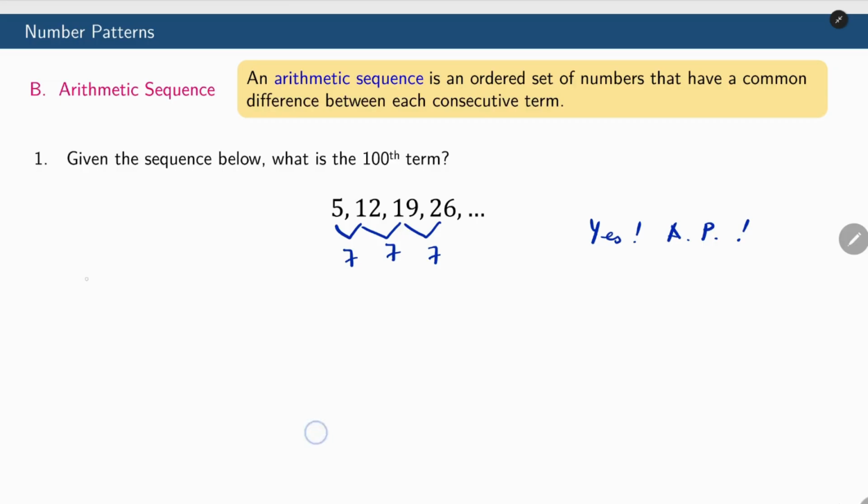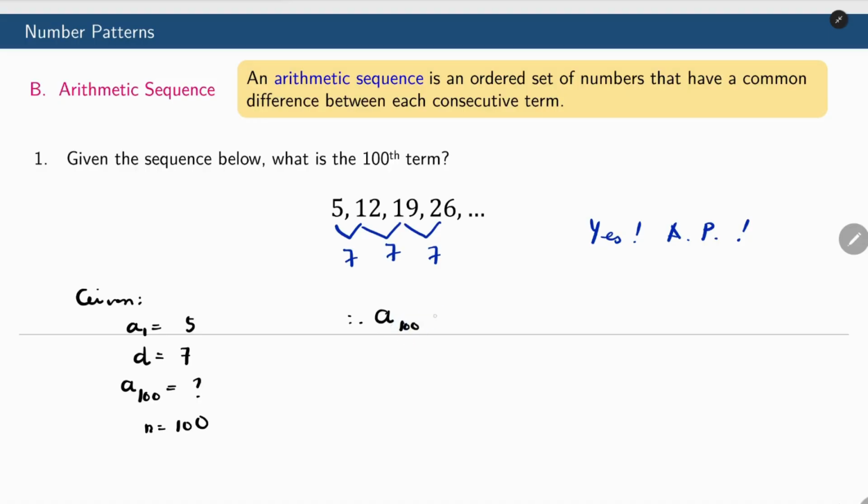Let us write the given. a sub 1 is 5, the first term. The common difference is 7. And we are trying to solve for the 100th term, therefore n is equal to 100. Let us now plug this into the formula. Therefore, a sub 100 is equal to, I'm just going to write it first,